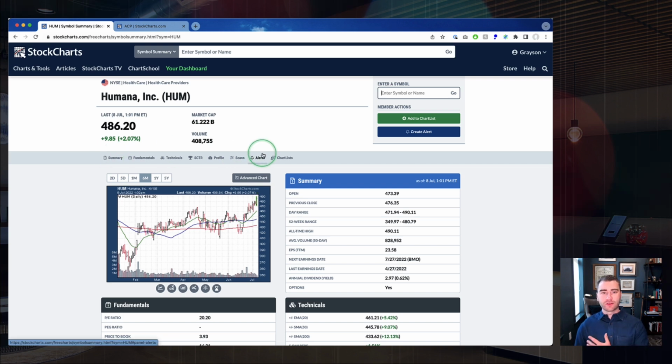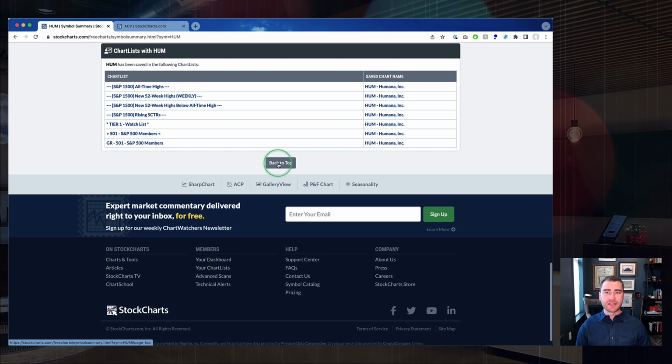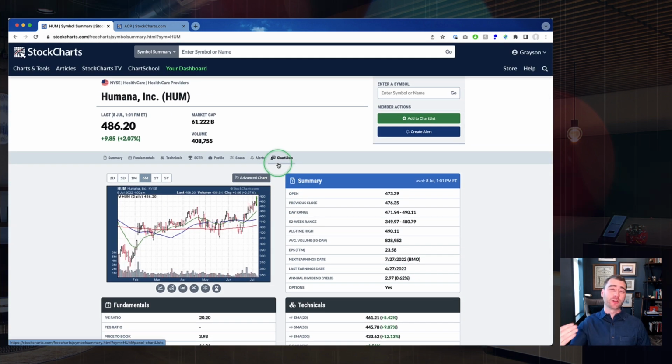Below that, we've got quick links to all of the different sections that we are about to run through. So if you ever want to jump to a specific section, to demonstrate that really quickly, let's say you wanted to jump to the chart list section, you can give that a click and that'll scroll you down to the very bottom of the page, right to that section that you've clicked on. So nice and handy as you're navigating through this,